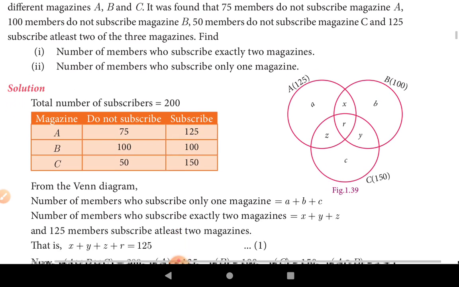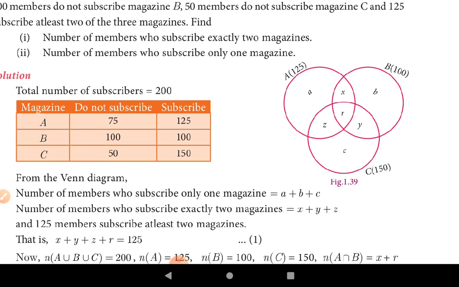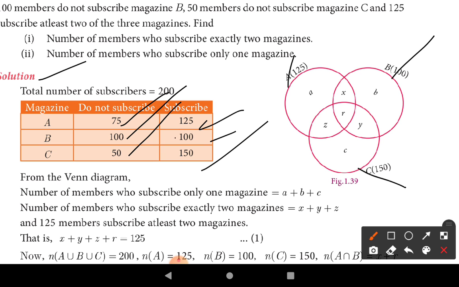So this can be solved by using a Venn diagram. As we learned a lot about Venn diagrams in the earlier classes, let me explain once more. So this is magazine A and this is magazine B and this is magazine C. As you can see in the table, the total number of subscribers is equal to 200, right? Magazine A, do not subscribe 75, subscribers 125. Magazine B, do not subscribe 100 and subscribers 100. Magazine C, do not subscribe 50, so subscribe 150, because you are subtracting this number from this, so you'll get the remaining number. Okay,